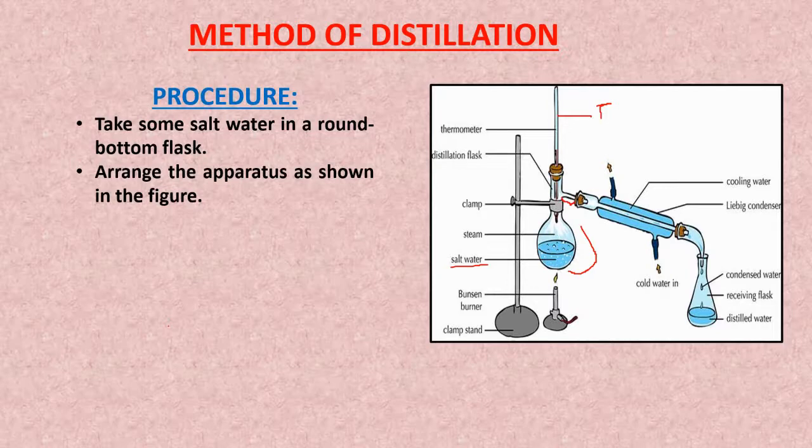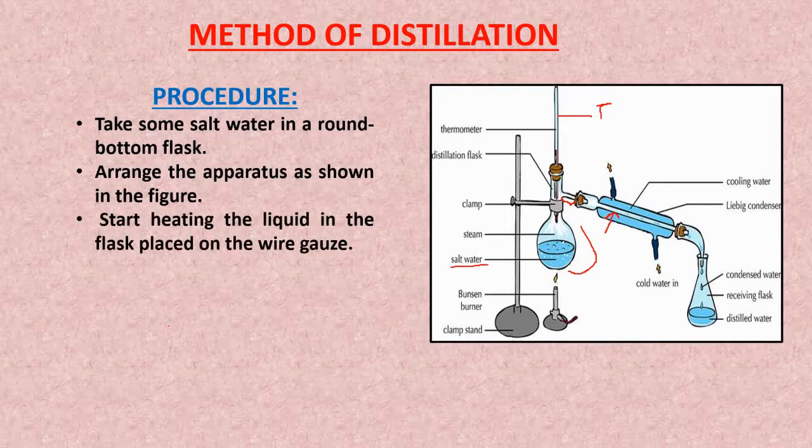So it is going inside the test tube, and inside this test tube there is a small tube which we can see over here. This is the small tube inside the test tube, and this test tube is slightly in an inclined or slant position, and outside this small tube there is the cooling water. Cool water which has a very low temperature, and then the end of this test tube is connected to the receiving flask with help of a funnel. So now start heating the liquid in the flask.